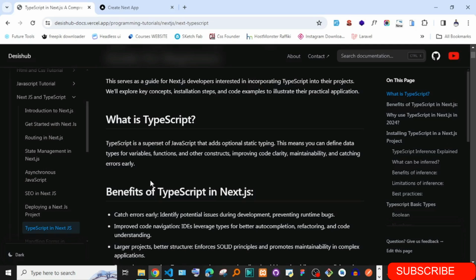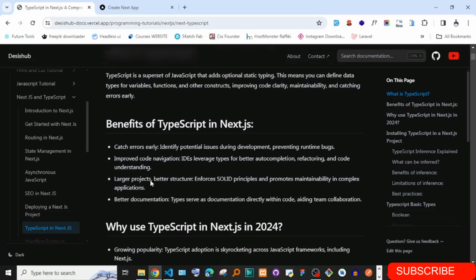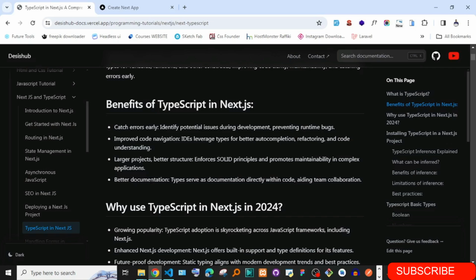We have talked about what Typescript is and why it is, and we said the biggest thing is you can do static checking, which will help you to catch errors as you code. So the benefits of Typescript, as you can see, the first one is to catch errors and improve code navigation.